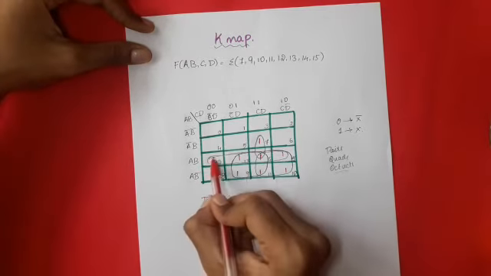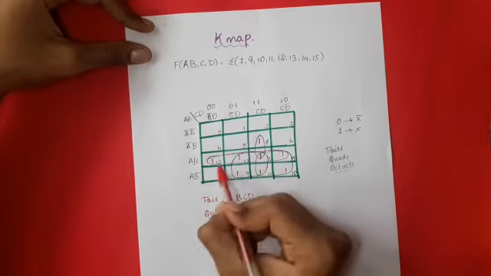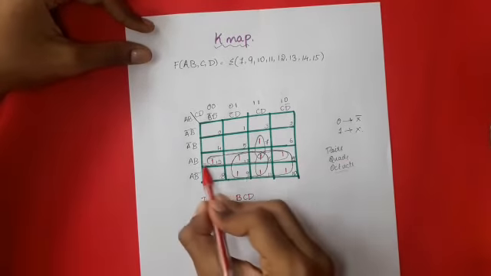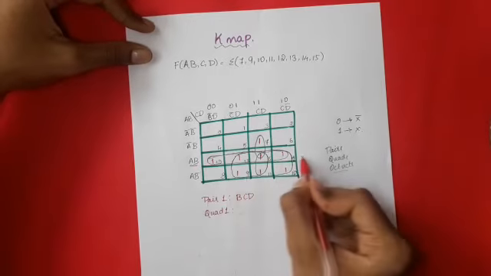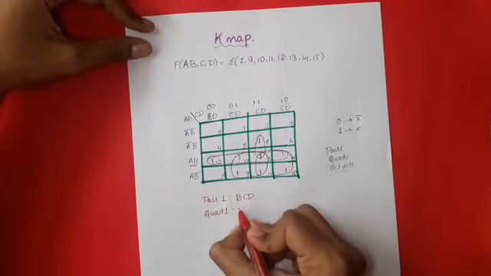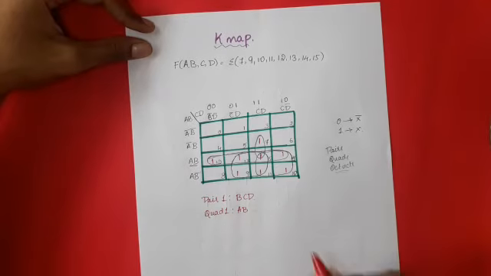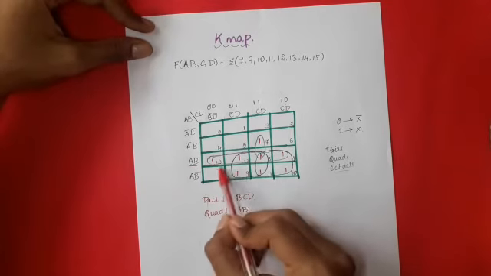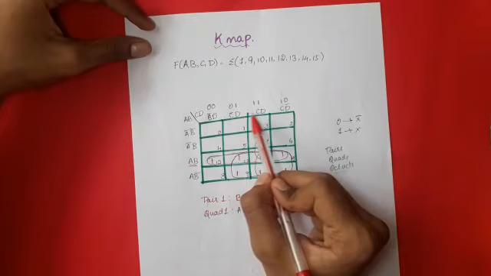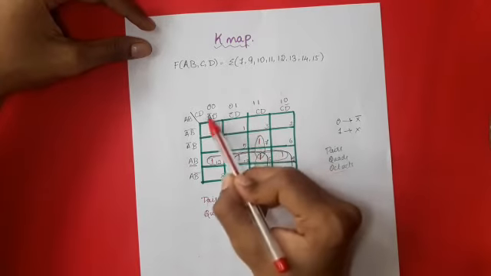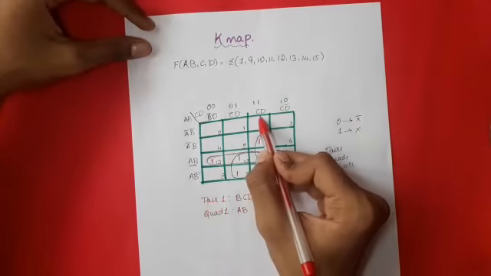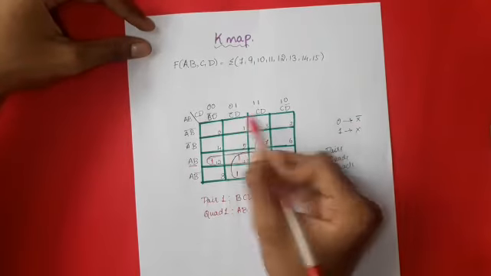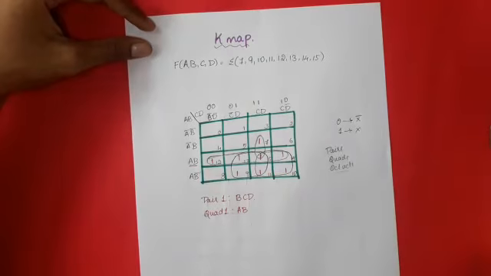So here we are considering this quad first, that is 12, 13, 15 and 14. So the thing which is not changing is AB. So AB is not changing throughout. So AB, write it as it is, and we can observe that C bar is changing to C. We should compare everything all over. That is, C bar is changing to C and D bar is changing to D. So CD is neglected. So only AB is written.